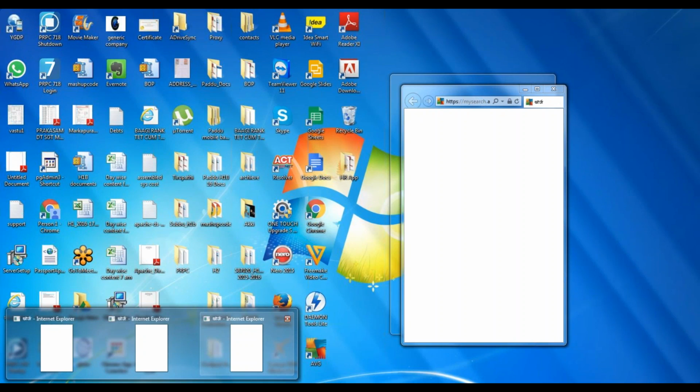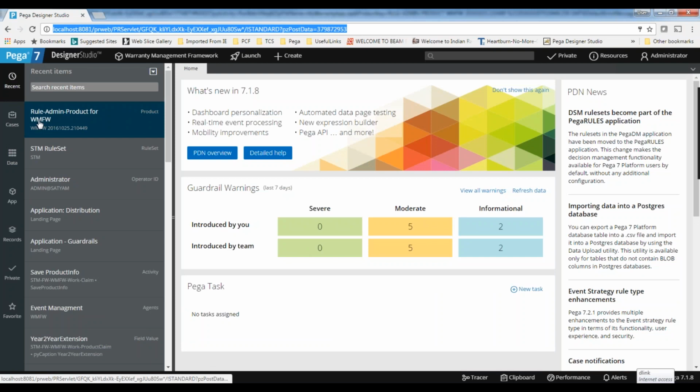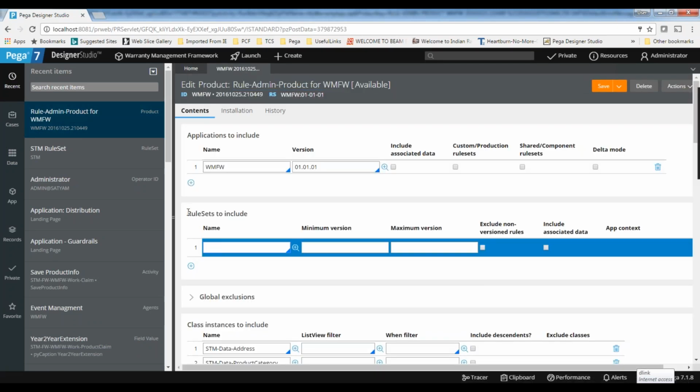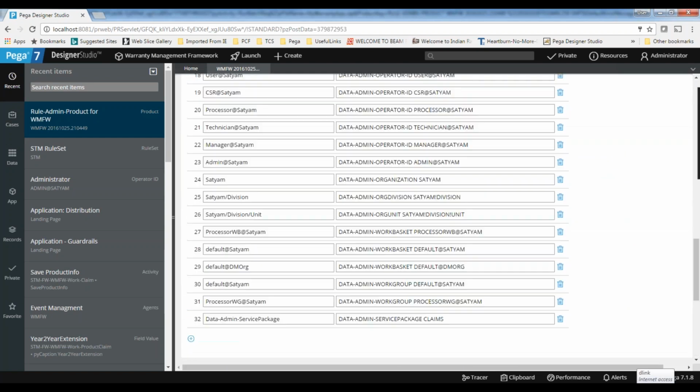If we do small enhancements or small bug fixes, then we'll go for the export option. In that case, if you do some small changes, you can directly manually create the product rule, so no need to go to that much level. Generally we do fixes in the rule sets only, right? You can just export that version. You can set rule sets to include only a particular rule set version. You can see minimum version, maximum version. You can give the version number here, so only that particular rule set version will come. No need to give all these things.